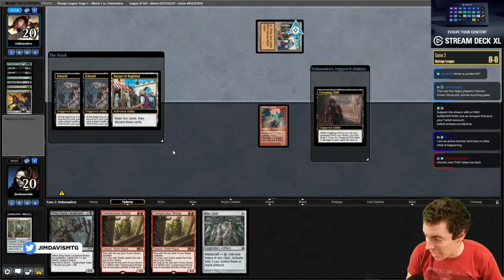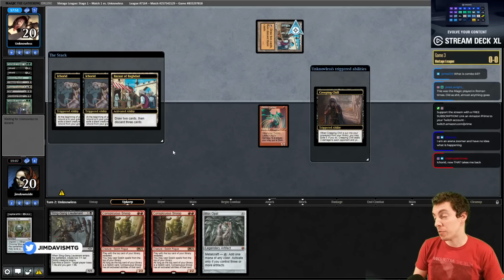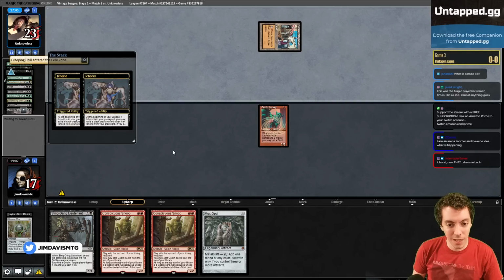I have an Arena Zoomer, and I have no idea what's happening. You're not the only one, probably. This is Vintage, Magic's oldest format. A lot of crazy stuff happens in Vintage. Turn 1 kills are very possible. Not everything's a turn 1 kill, but...